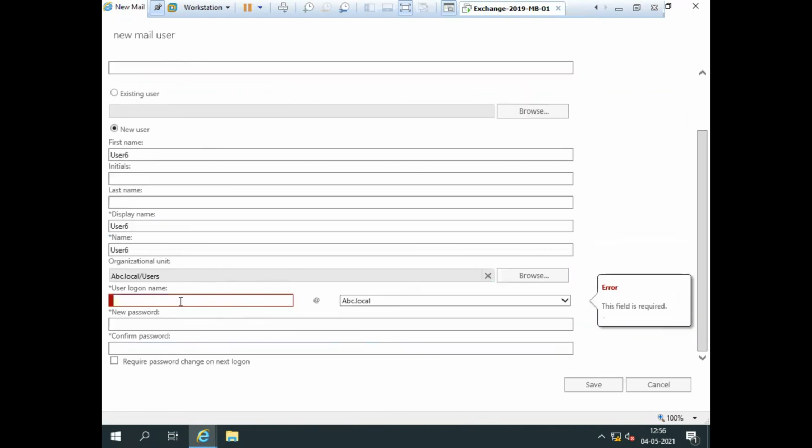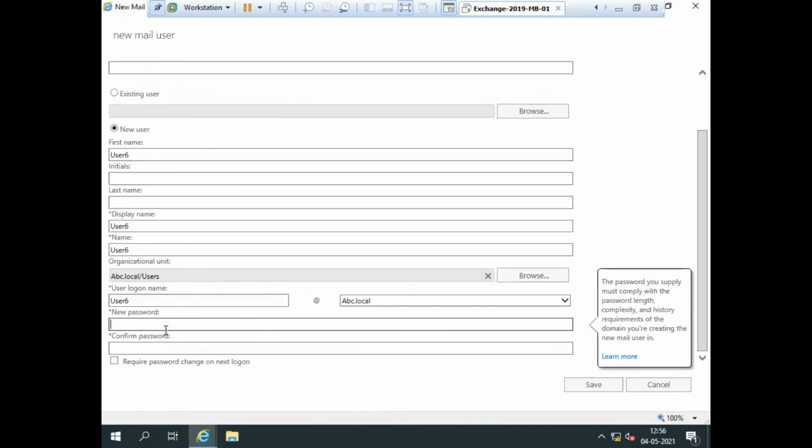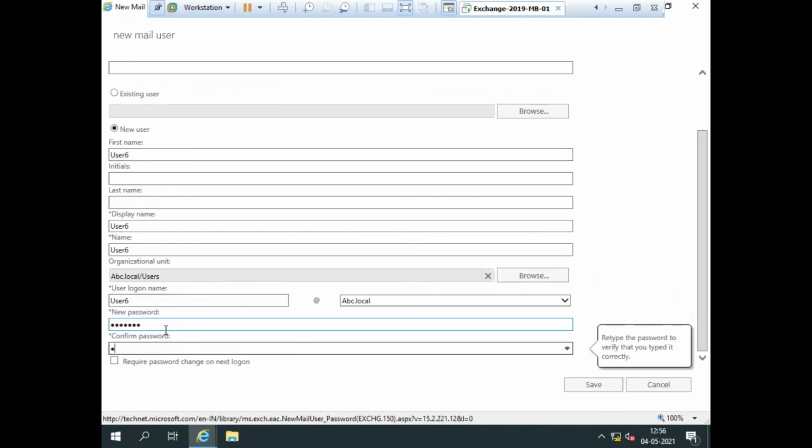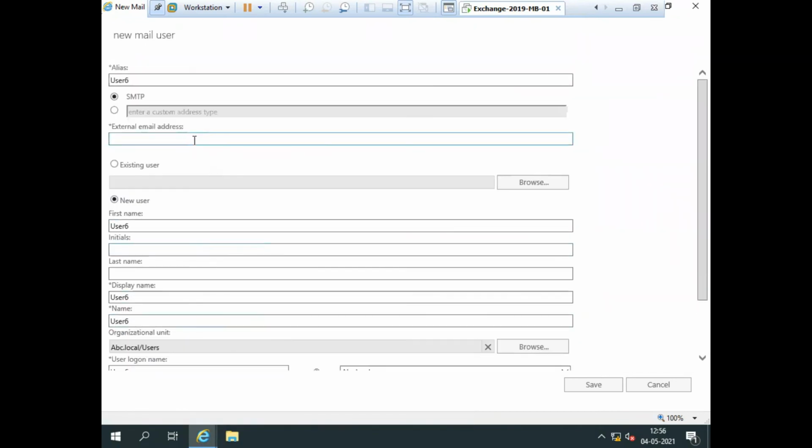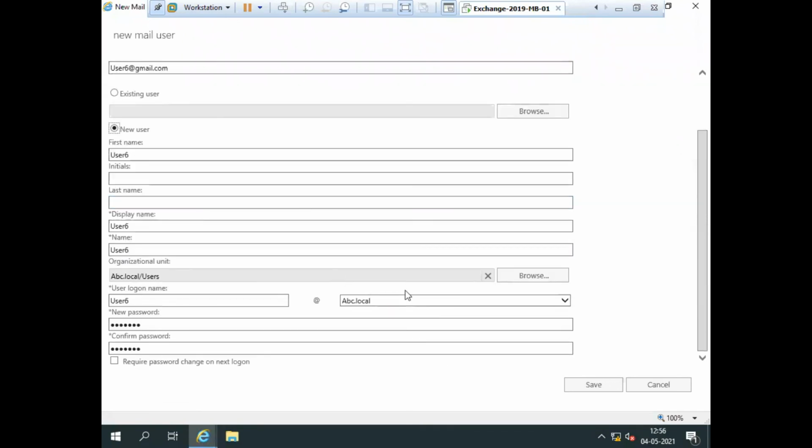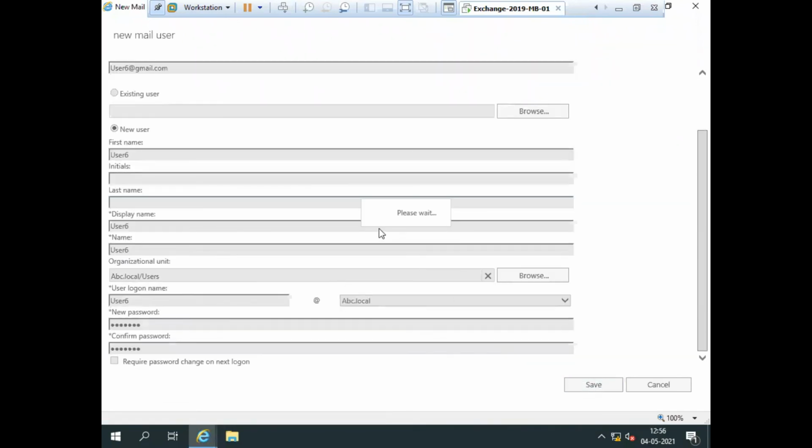I give the logon name also user6 and set the password. Then go down, and over there I can set the external email address, and now I'm going to save this.